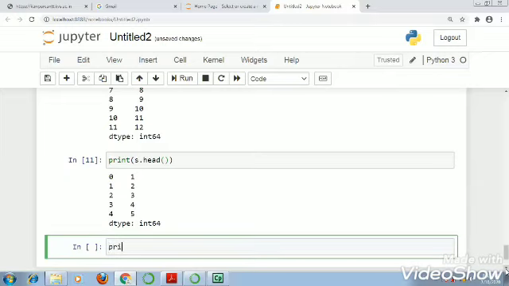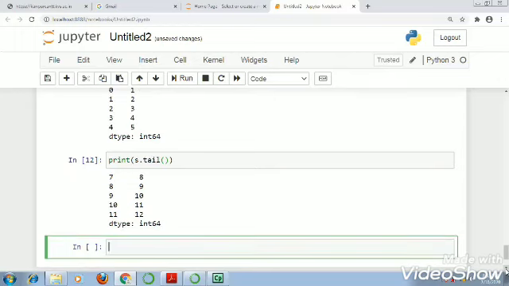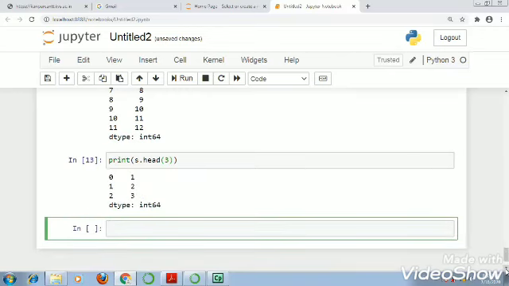If I print s.tail without providing the value of number of rows, it will give us bottom 5 rows. And suppose I write s.head with number of rows 3, so it will give us the top 3 rows.